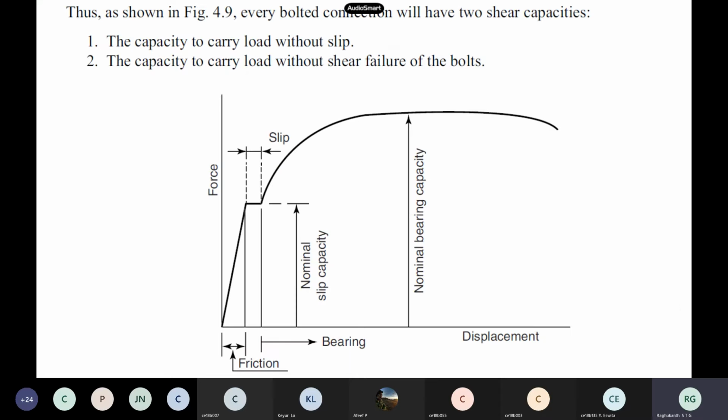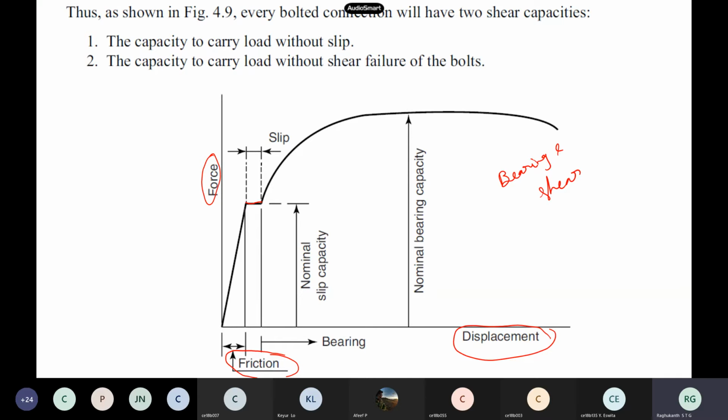So for any bolted connection, this is how we design. If it is an HSFG bolt or an ordinary bolt, this is how the connection design will be. Initially, if you plot the force versus displacement of the connection, whatever force you are applying on the joint will be handled by friction. The frictional force will come. Once it has exceeded the frictional capacity, automatically the slip happens. Then the load will be carried by bearing and shear strength, and then finally it leads to collapse.